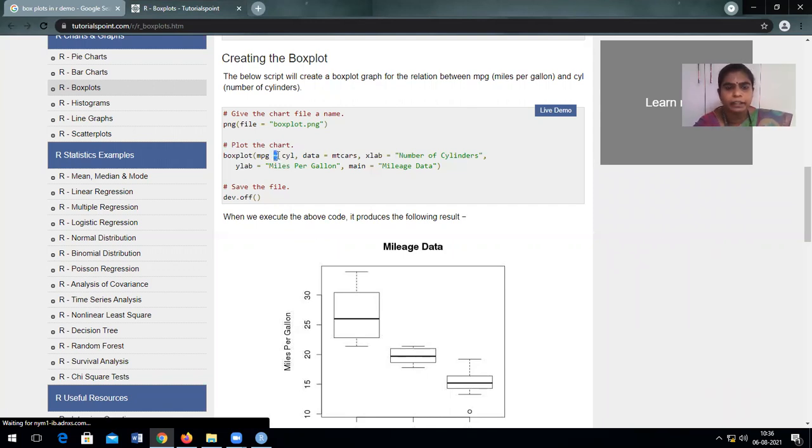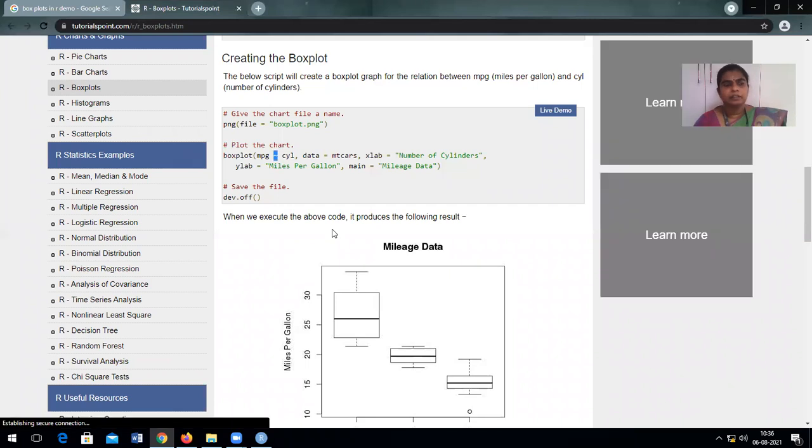What is this operator? Can you see this operator? Where is it on the keyboard? Can you check in your system? On your keyboard, where is it located? Are you able to identify? Look at your numeric keypad. You have no keypad, so look at the numeric row. You have 1, 2, 3, 4, 5. That row is there, right? Look at the leftmost key. Can you see this operator? A wave kind of operator, which is called a tilde operator.